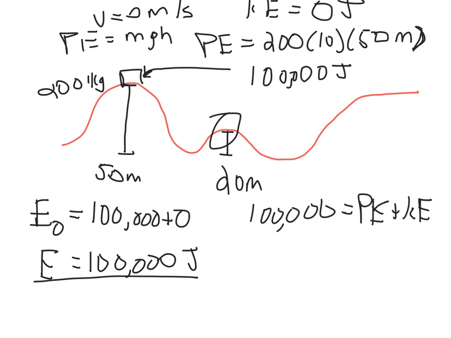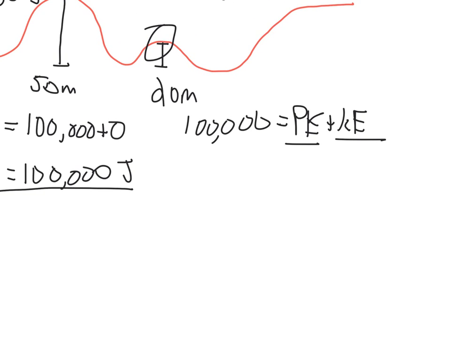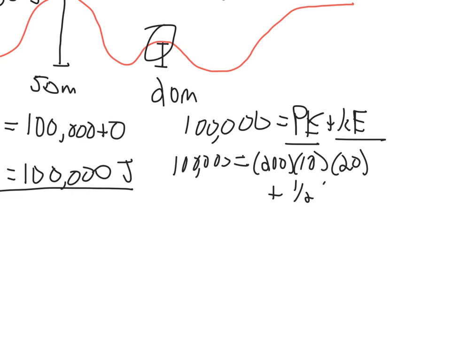Because I'm up off the ground, I've got potential energy, and because I will still be moving, I'm likely to have some kinetic energy as well. So first I'm going to deal with my potential energy. I've got 100,000 equals, potential energy is mgh, so 200 times 10 times 20 this time for my height, plus 1/2 my m,